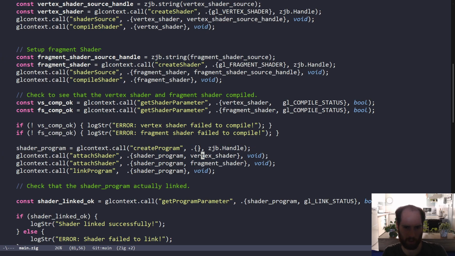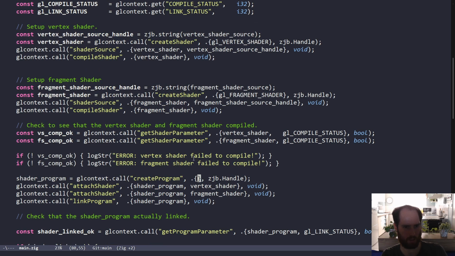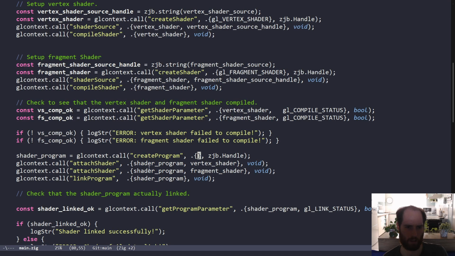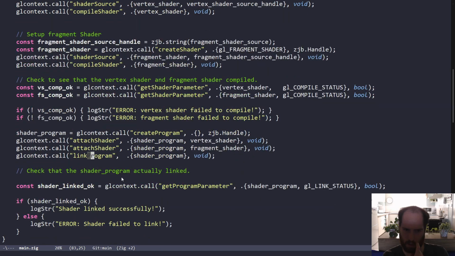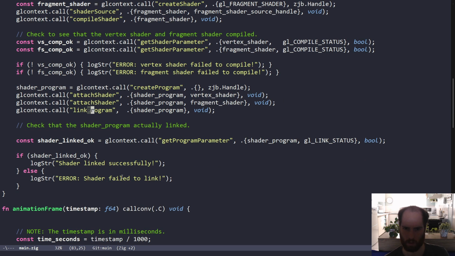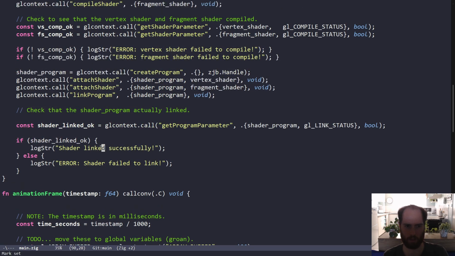Yes, and then we're creating a shader program, but we're not passing anything in there. Interesting. I guess maybe that's just the API. Then, well, then we're attaching both and linking them. Okay. Otherwise it failed. Okay, so